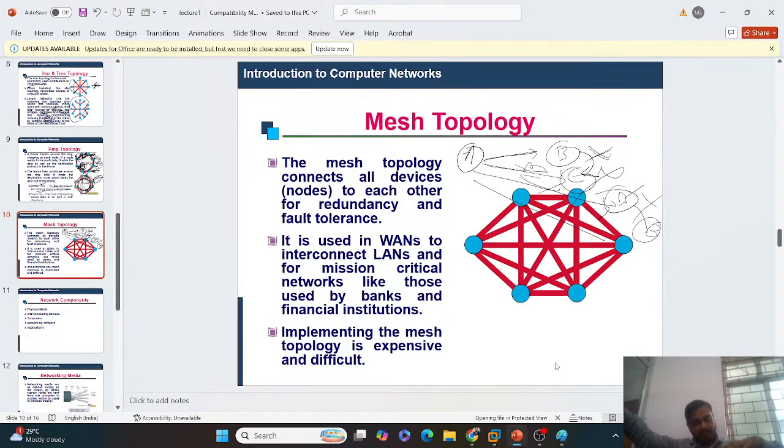WAN के थ्रू कनेक्ट होंगे, क्योंकि वो बिग एरिया है, ठीक है। तो उसके लिए हम लोग यूज़ करेंगे मेश टोपोलॉजी। ये बेसिकली मेश टोपोलॉजी बैंक्स, फाइनेंशियल इंस्टीट्यूशंस में यूज़ होता है, ओके।